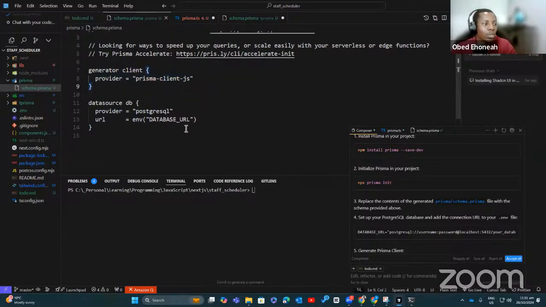Then the database source. So you have to tell it what type of database, because every one of them behaves differently. Even though the schema you're going to write will not change depending on the database you are using, it needs to know which database it is so that it converts your schema into the rightful SQL code, or if you're using MongoDB, whatever database language you're using, it will convert it to the rightful one. So you really need that. We are saying we are going to use PostgreSQL. We need to set an environment variable with the database in it. So let's do that quickly.